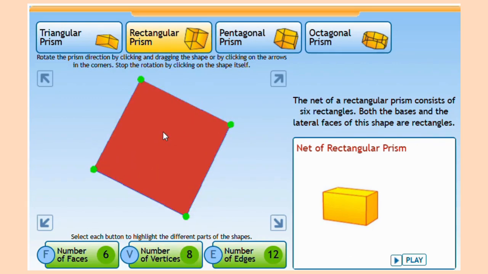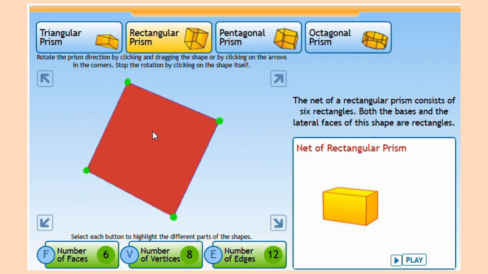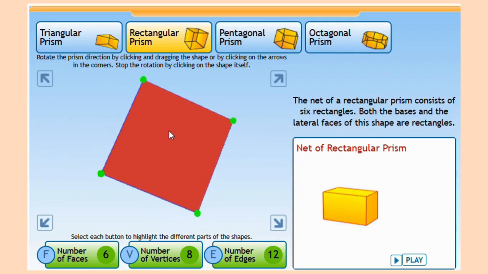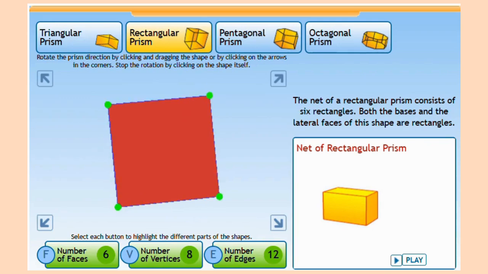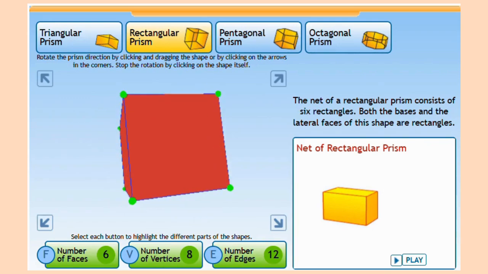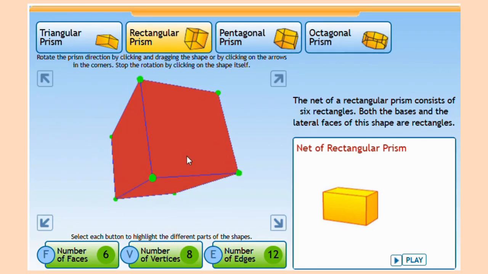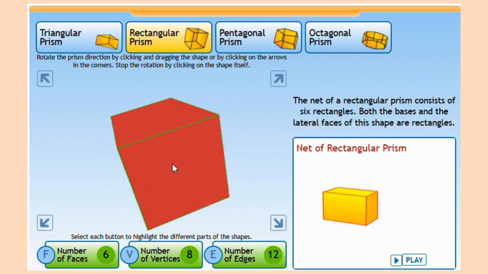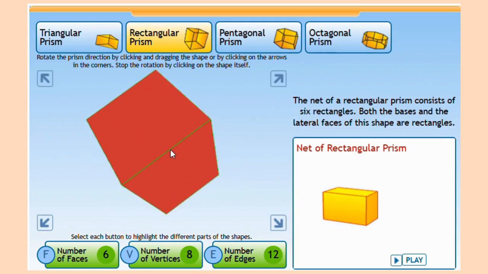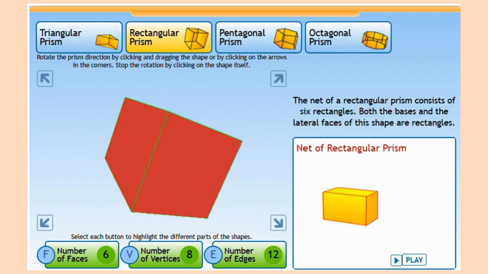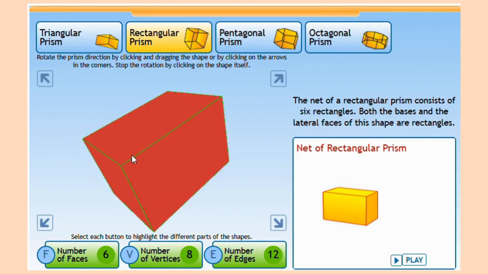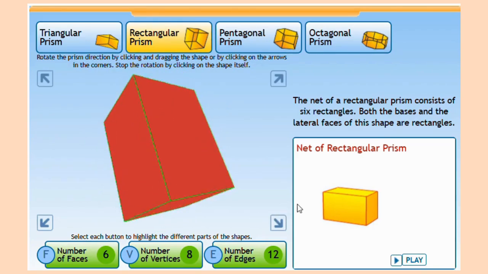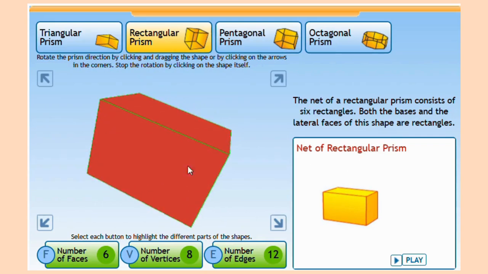The vertices or the corners, there's 1, 2, 3, 4 for each square. So there's one square here and there's 4 corners of the square there as well, and that makes up 8 vertices. The edges again are the sides, so for each square there's 1, 2, 3, 4, and on the other side 1, 2, 3, 4, and then that makes 8. Connecting all the sides, it's 1, 2, 3, 4, which makes it 12.